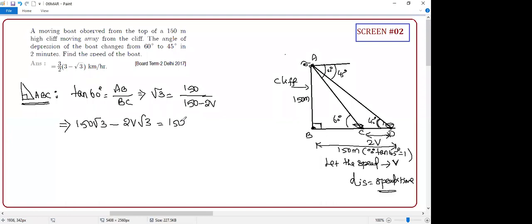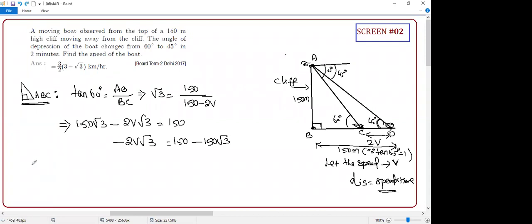Sir, keep the variable on one side and the numbers on the other side. Right, students? So where is your variable? This guy. So I'm keeping minus 2V √3 equal to 150. You can move it the other way also. If you change the sign everywhere, then this guy will become positive. But no problem, I'll move as it is. Any doubt in this step? Now you can take out 150, and please remember minus is there.